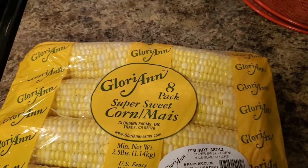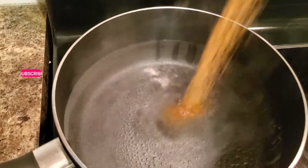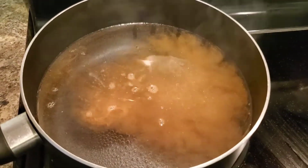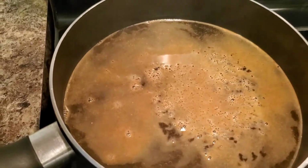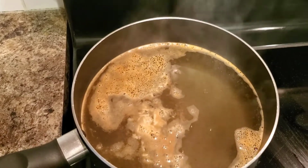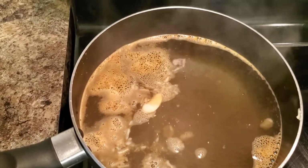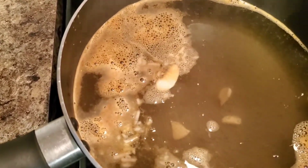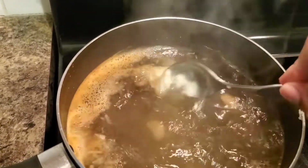And in this one, I'll be showing you how I prepare garlic buttered sweet corn. Right here, I have my pot on medium heat, came to a little boil, and I've added some all-purpose seasoning, a little salt to taste, added about 3 garlic cloves. I've grated maybe one and then the other. I cut in about 2 to 3 pieces, added in some